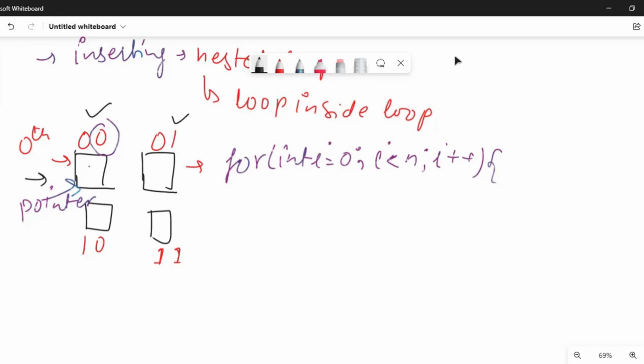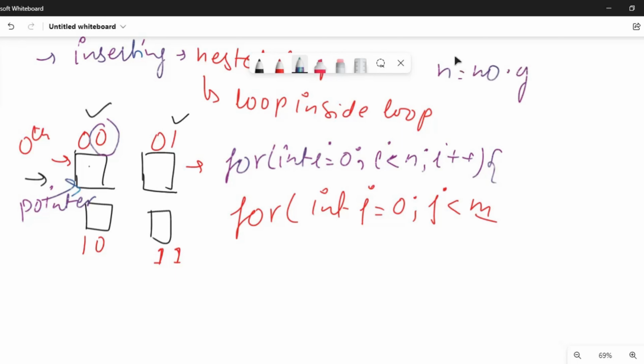So what I'll be doing, I'll be using the second loop, that is second for loop. So what I'll be doing, I'll be using for int, यहाँ पे चूंकि हमने i यूज किया है तो i ऑलरेडी हमारे रो को इंडिकेट कर रहा है, so we'll be using the j here, and then what we'll be doing, we'll be using j less than m. So m जो यहाँ पे है वो मेरे नंबर ऑफ कॉलम्स को यूज कर रहा होगा, तो मैं यहाँ पे ऊपर लिख देता हूँ पहले। So जो हम यहाँ पे n यूज कर रहे हैं वो है नंबर ऑफ रोज। आफ्टर दैट जो हम यहाँ पे m यूज कर रहे हैं वो है नंबर ऑफ कॉलम्स।